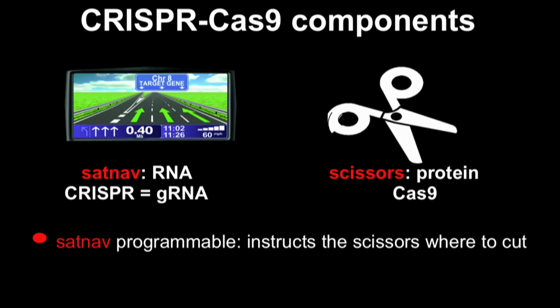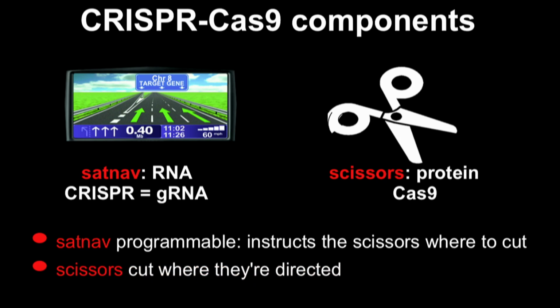And in fact, the molecule that's responsible for this, the nature of the molecule that's the sat-nav is what's called an RNA molecule. Sometimes you see it prefixed by a little g or a little s, single guide RNA or guide RNA. But that's the sat-nav, and it works by carrying the scissors to the precise place that you want it to go to on the genome.